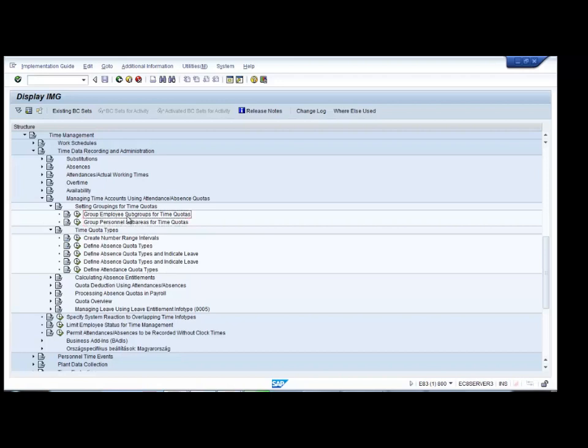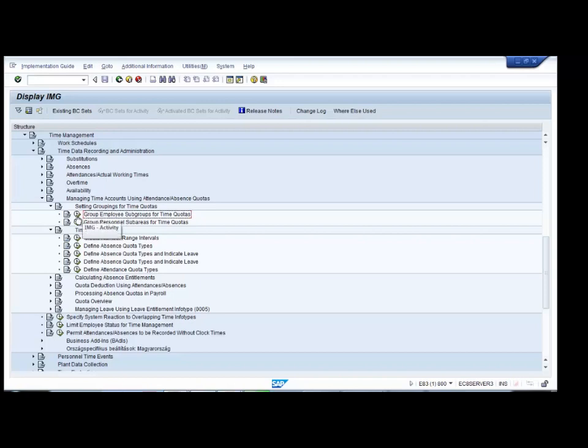Similarly, employee subgroups for time quotas: if you allow salaried employees to have vacation and hourly employees to also have vacation, then you can group them into a single group. Even though they belong to different employee subgroups, since they have the same absence quotas, you can group them together.